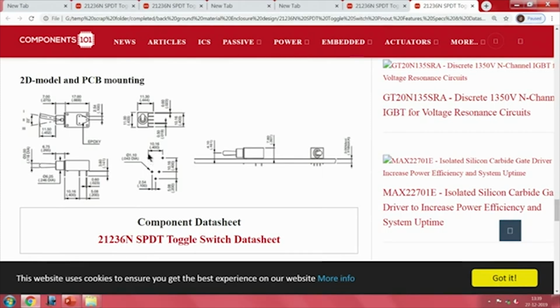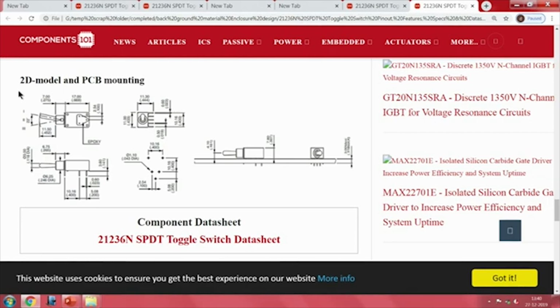This, if you remember, was what I had covered in the conventions of dimensioning. Now the important thing to notice for you here is, there is a printed circuit board and the outline everything as looking from the side, as you would see here, and the outline as you look at it from the top are all given here clearly. And another important thing is, you see here something called 2D model and PCB mounting has been